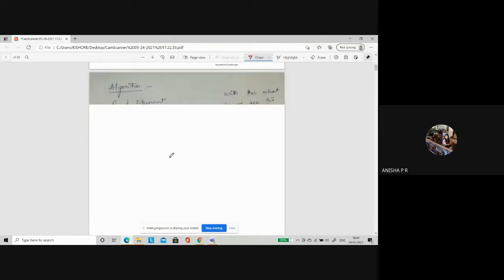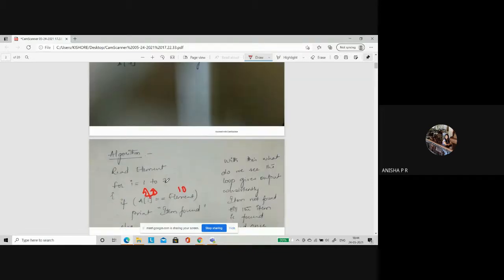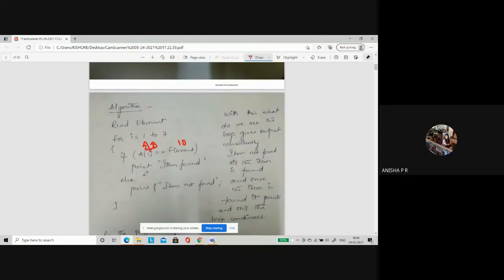Apart from that, since we are getting it incremented till 7, even if it is equal, item is found. That is, when it was 10 at A of 5 position, it will print item found. Still the loop continues because you did not stop it. You did not break it anywhere. If you write a break here, when it was 23 and it is not equal, immediately it will not go here. It will come here and it will print this. Either you have to write a break here or you have to make another way.